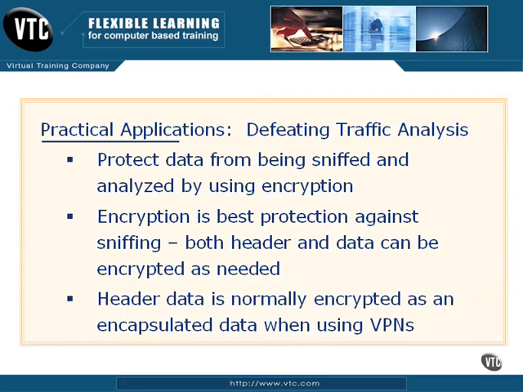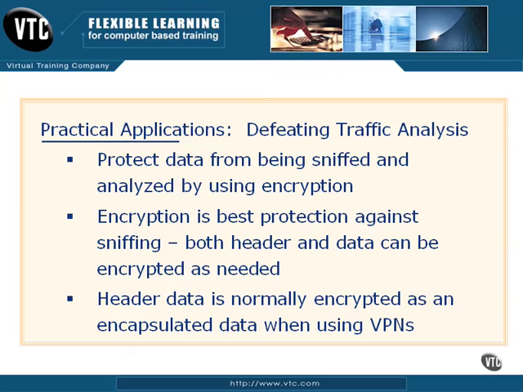Encryption is the best method to protect against traffic analysis and sniffing. Now, we know that we can encrypt both the header of a packet and the data portion of a packet. Both those can be encrypted as we need them. Now, header data is not normally encrypted unless we're going across an untrusted network, such as a VPN. Normally what will happen is this header data, a packet header, will be encapsulated inside of another kind of packet, a transport packet that goes across the internet or an untrusted network, using a technology such as IPsec, for example,